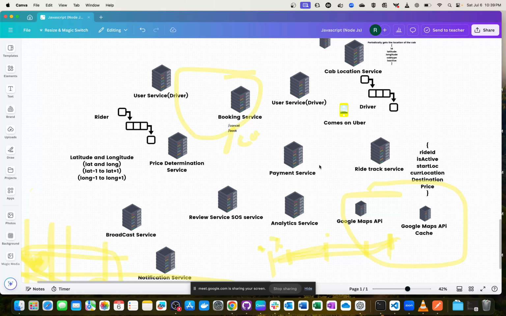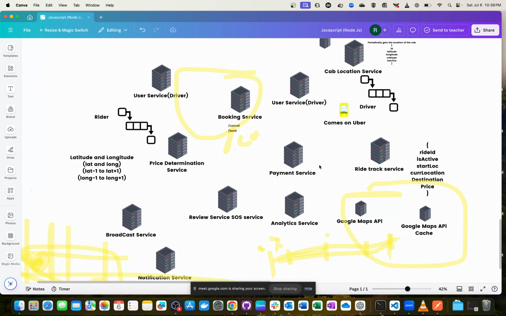So you need this service to have a lot more effective writes and reads as compared to something like a cab location service, which is the location of cab. But this is an actual ride that's going on. The rider needs to know at any point of time where he is and what is his location. So let's say this service is being used by 100 cabs at a time, and that service will be used by 10,000 cabs at a time. So when you are building a real life system, you need to segregate these two,